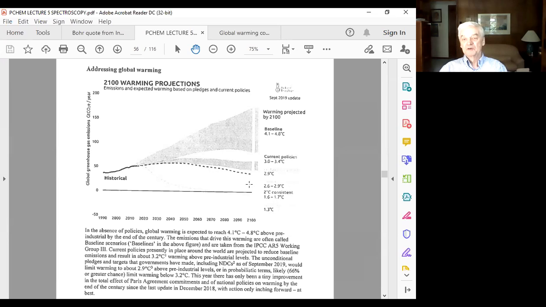But the projections for the year 2100, which hopefully many of you might be seeing, can be pretty dire. I've seen some predictions that temperatures could go up as much as 8 degrees centigrade. Baseline is kind of the curve that's estimated. If we don't change a lot of policies, we might be up 4 or 5 degrees. But I'll tell you more about that a week from Friday when I show slides of glaciers melting